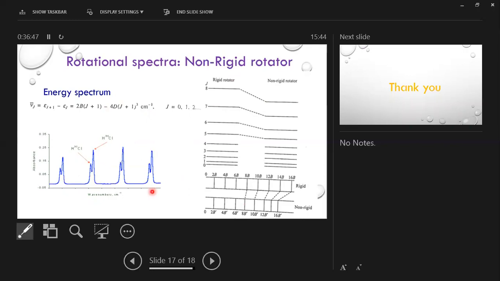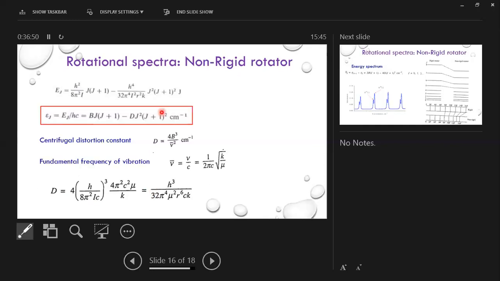So this is the case of the non-rigid rotator, where you can observe a shifting of the energy bands to the lower energy side. So that is the case of non-rigid rotator, and actually that is the most practical case. And obviously the selection rule is delta J equal to plus minus 1. There will not be any change. The selection rule is the same everywhere. Okay, so